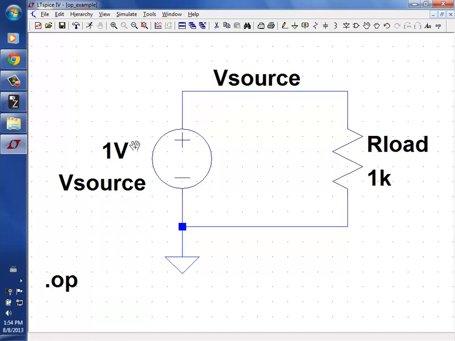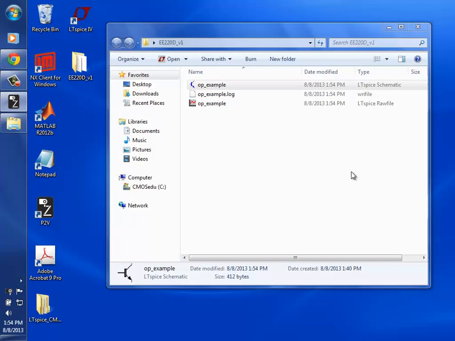Of course, you can't flip around the voltage source, because if you do that, then the pressure changes. Instead of having a positive pressure and pushing current like this, if you flip it around, you get a negative pressure, like taking the drink out of your soda, and it pulls the water, or pulls the current, backwards like this. Okay. All right, so let's go ahead and hit File, Save, and then close it